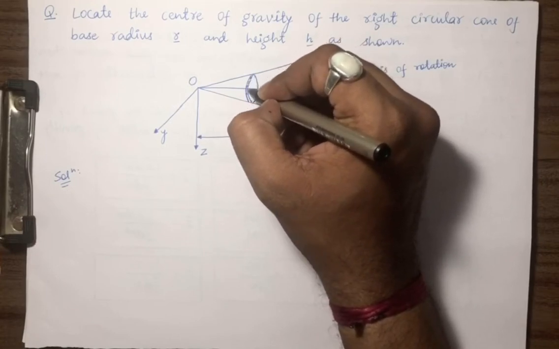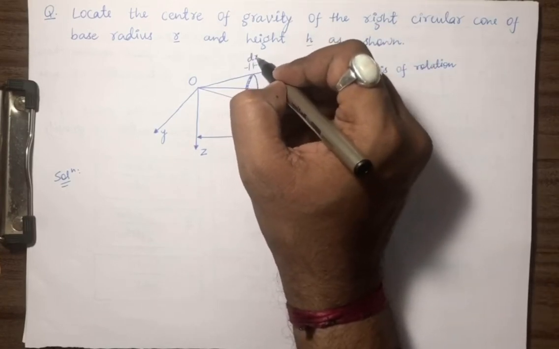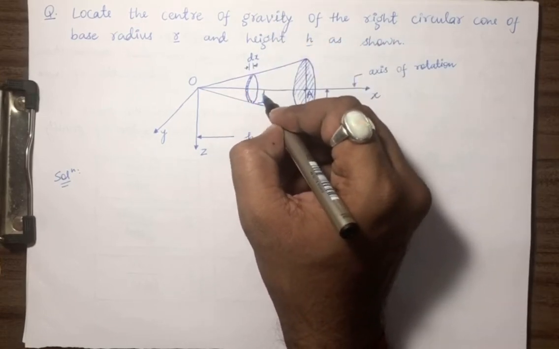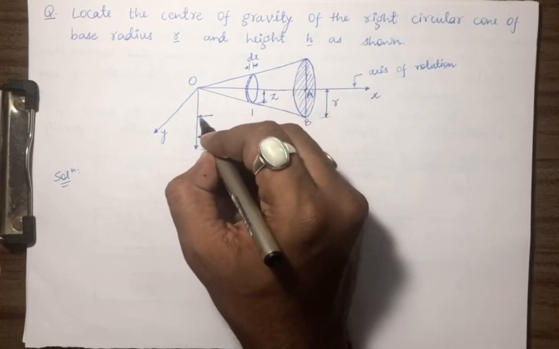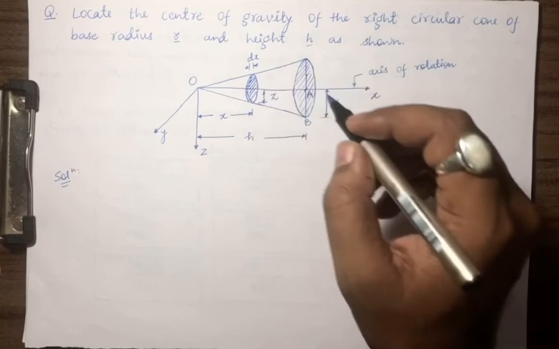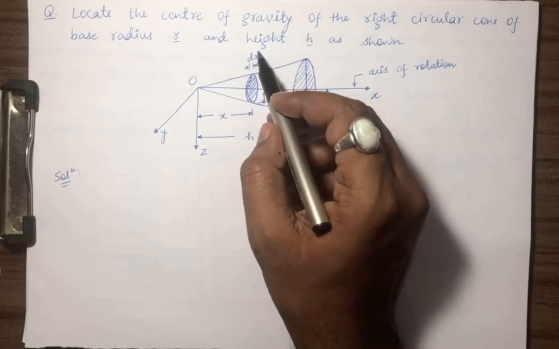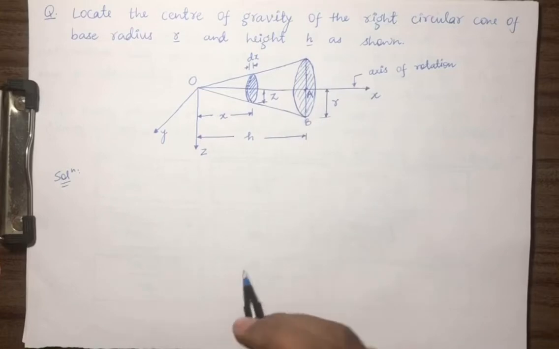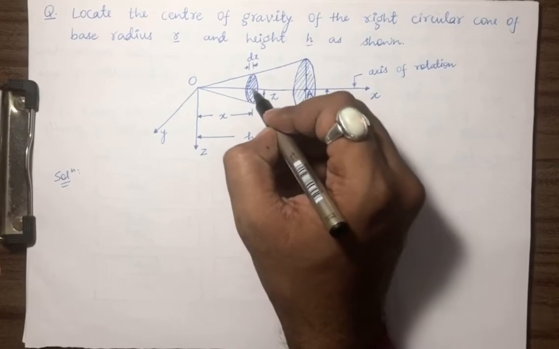This is the thickness, so this thickness will be along x, so it is dx. This height is along z, so this is something like z, and we are taking this at a distance x. Okay, so what we are doing, we are taking a small disk at a distance x of thickness dx. So the radius z can be expressed in terms of r. How we are going to do this?